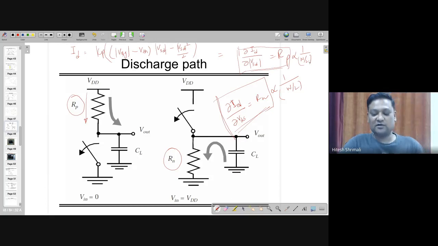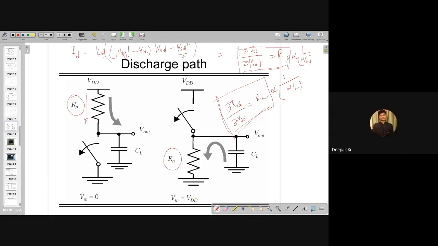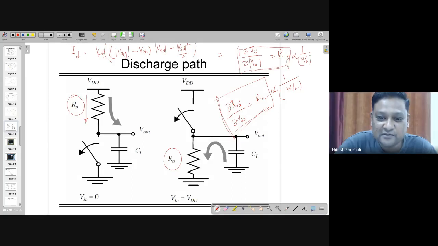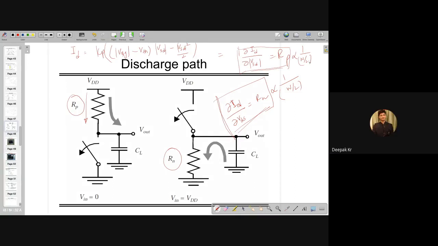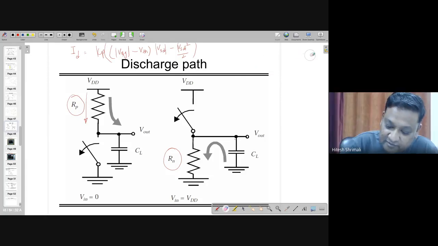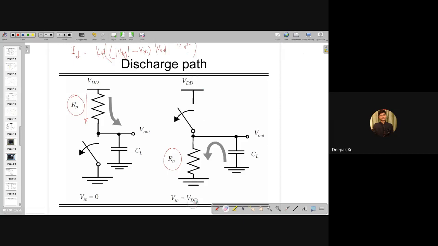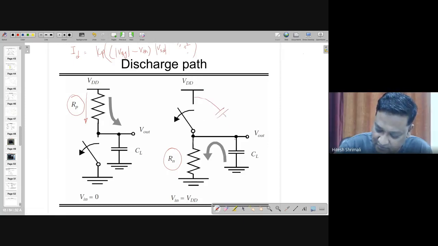Okay. Sir, what happens when we connect a capacitor between VDD and Vout? What do you want to connect in between? A capacitor. Between VDD and Vout. You can connect it. It's a problem. You can connect it. Then you have to change the analysis. There are two capacitors, so the Elmore delay will be different, right?